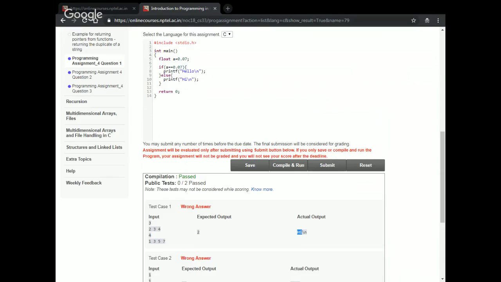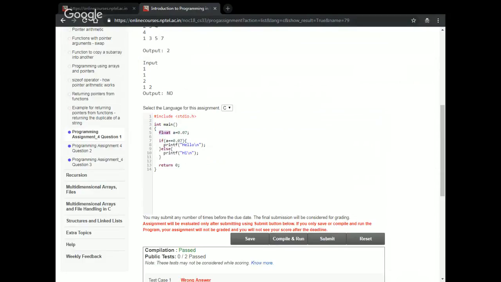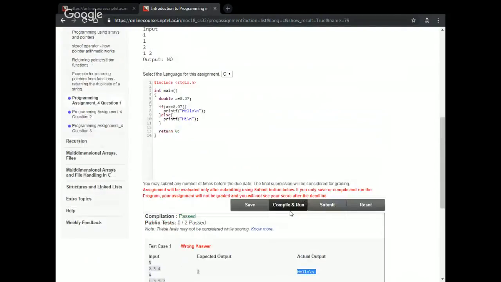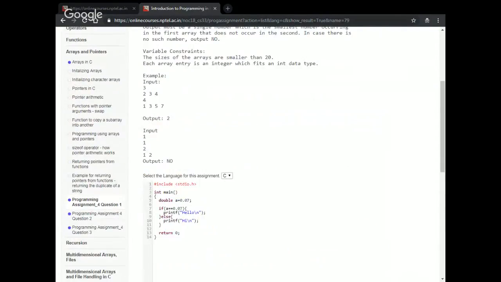So one of the things that you can do is change, yeah, so the point of the code is what is the type of 0.07 in the equality. I'll give a hint that it's probably double. So I'll try this, double a equal to 0.07. I'll compile and run, and let's see what happens. If the equality succeeds, then it should print hello. Okay, and we see that that actually happened. So when you give 0.07 as a constant without saying anything, it is taken as a double.